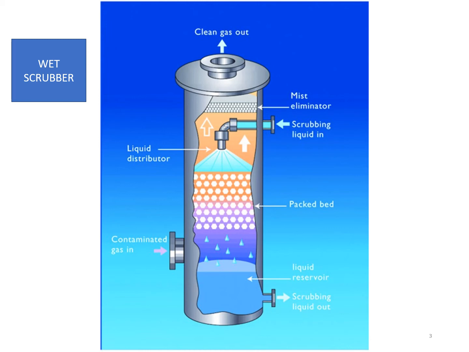And at the bottom, you know that water is added from the top, and it will be passing through and reaches the bottom after coming in contact with the contaminated gas, and you will get a liquid reservoir at the bottom of this column, and scrubbed liquid will be exiting from the column at the bottom. These equipments are usually involved in almost all of the industries in which the industrial exhaust contains a lot of contaminants.